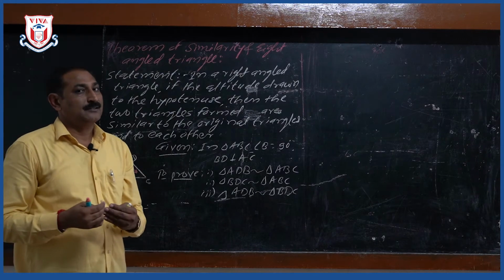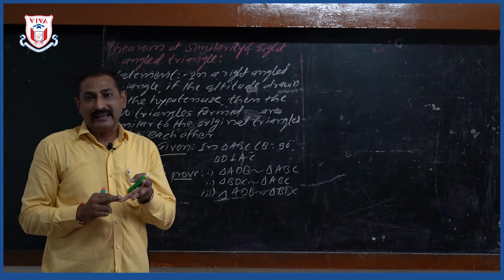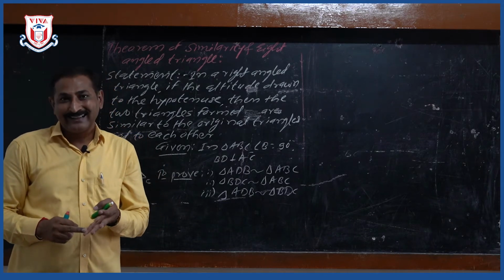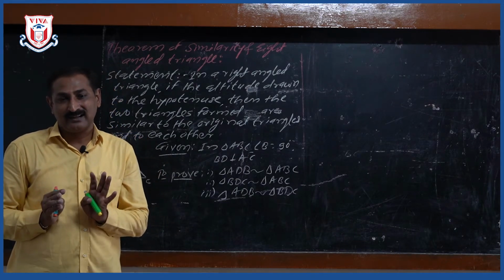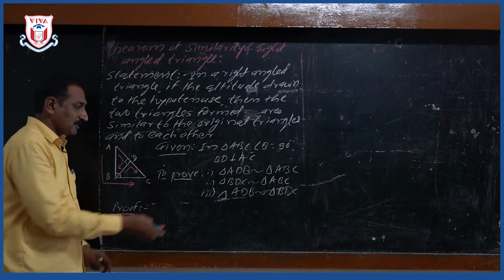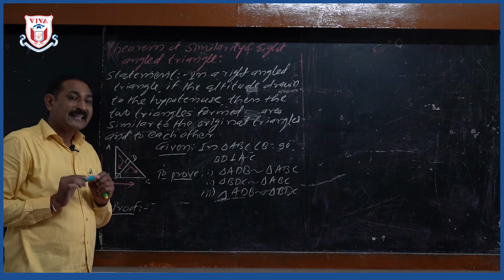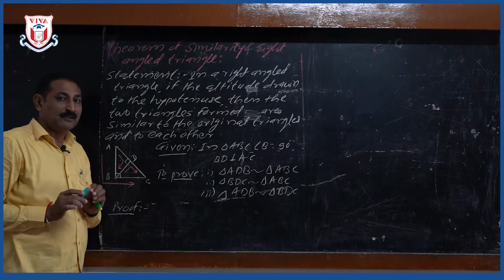You studied the similarity tests. Which are the similarity tests? AA similarity test, SSS, SAS. Understand? Now, according to the AA test, you show these two triangles are similar from the given information